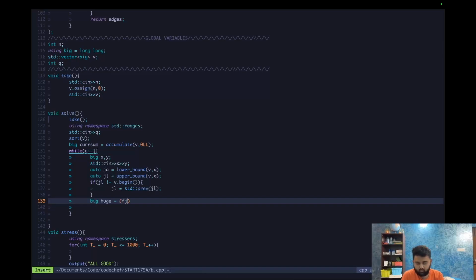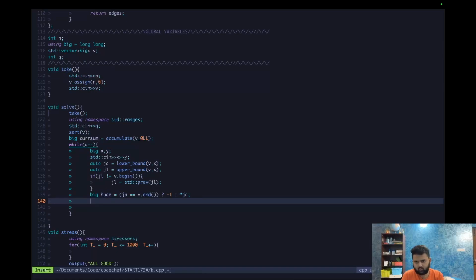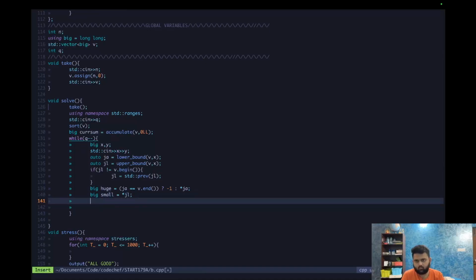So if j is v dot end, then it's not possible, I get -1, else it's star ja, big small is, if jl is v dot, actually jl will always have a value, yeah, jl, so